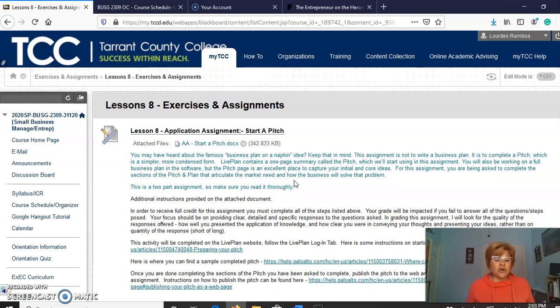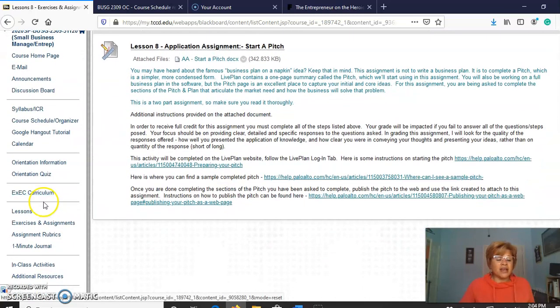The important thing to know is that I'm going to activate a tab here, just like you see, right below this Exec Curriculum tab for the Life Plan purchase. So once you see that link go live, which I will try and put live like March 30th, so that you don't get too antsy about getting started with that, then you can go and click on the link. It will take you to Life Plan. You will be asked to put in a credit card, and it's $15.